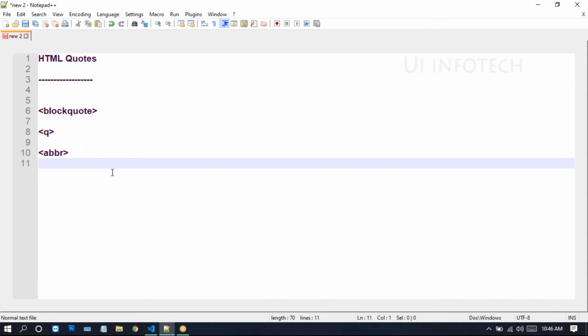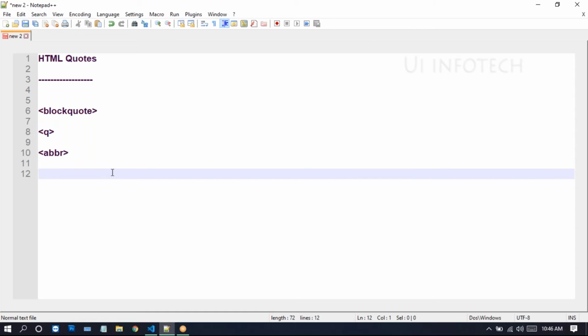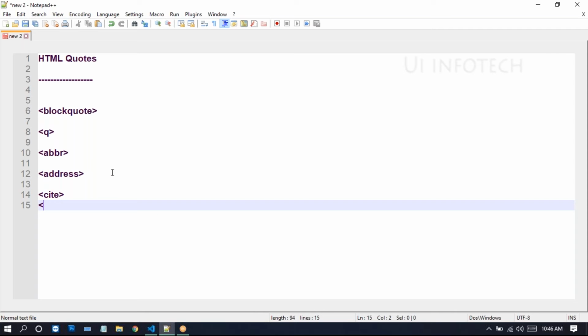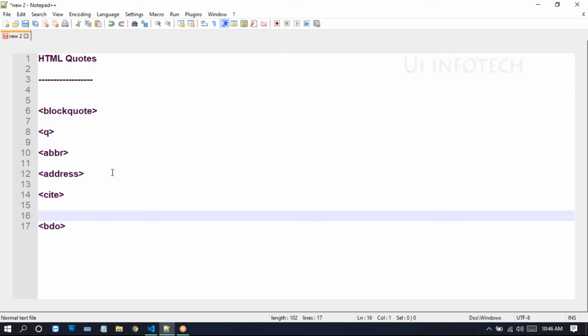We have the address tag, and we have the cite tag. We have BDO, which stands for bidirectional override. We can override the text, we can change the text using this BDO.